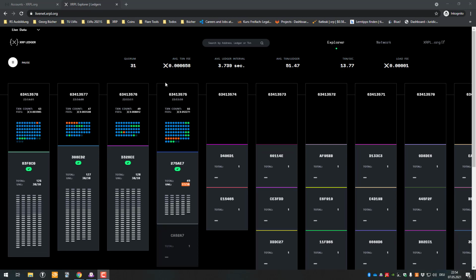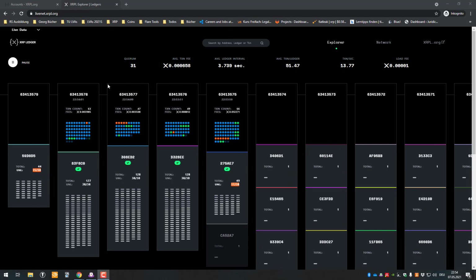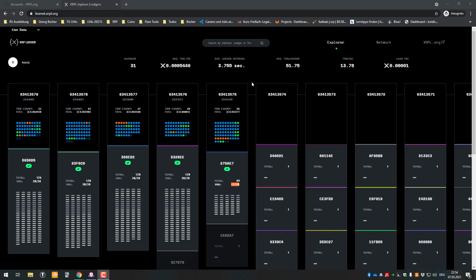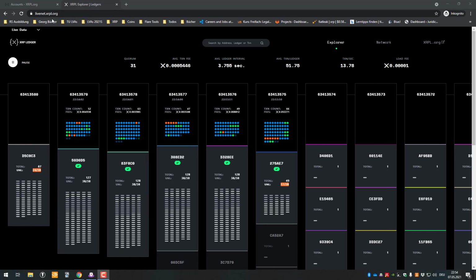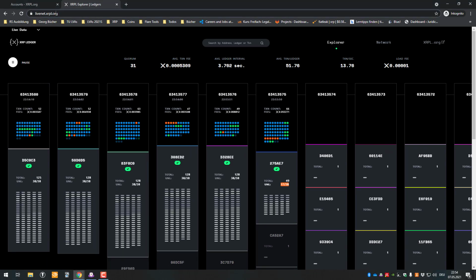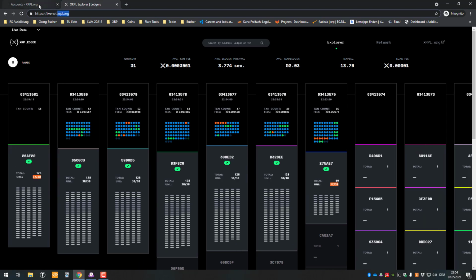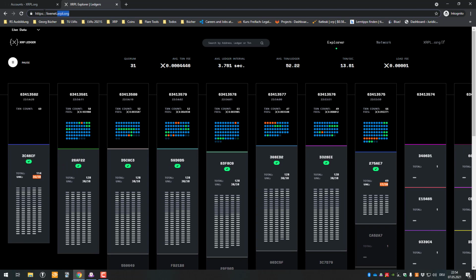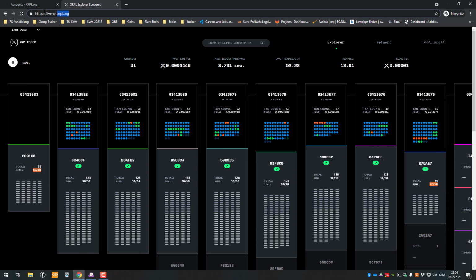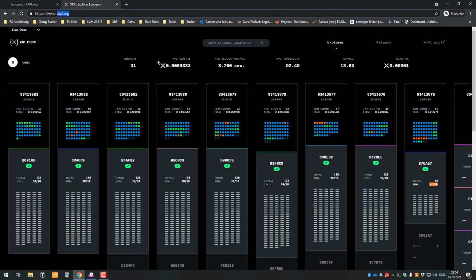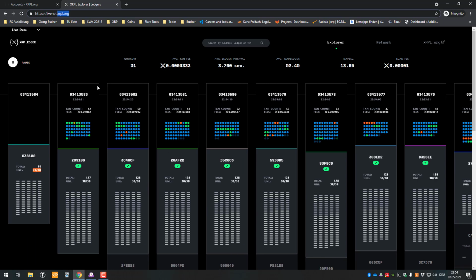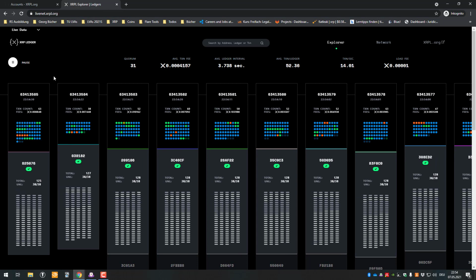Hello, in this video we're going to have a closer look at the XRP addresses. Right now I'm on a website called livenet.xrpl.org. Obviously, as you can see here, xrpl.org is the official website for the info for the XRP Ledger. On this website you can live follow the last closed ledger and how the transactions are being